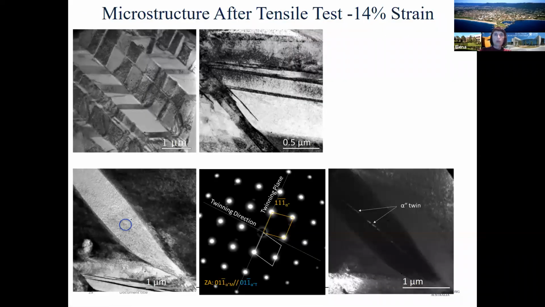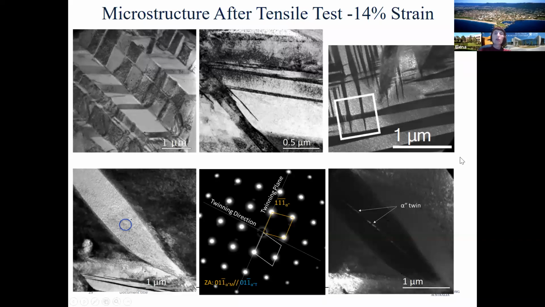Finally, at fracture, we are seeing not only what is similar to the previous arrangement, but just a very small amount of beta phase left. What's interesting also is that inside the plates, we now have not only inclined 1-1-1 twins formation, but also a mid-rib alpha double prime twin, but this twin still has the same 1-1-1 type twin.